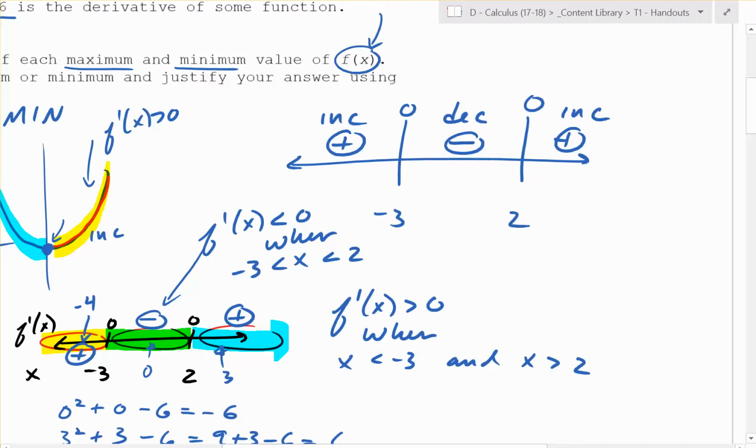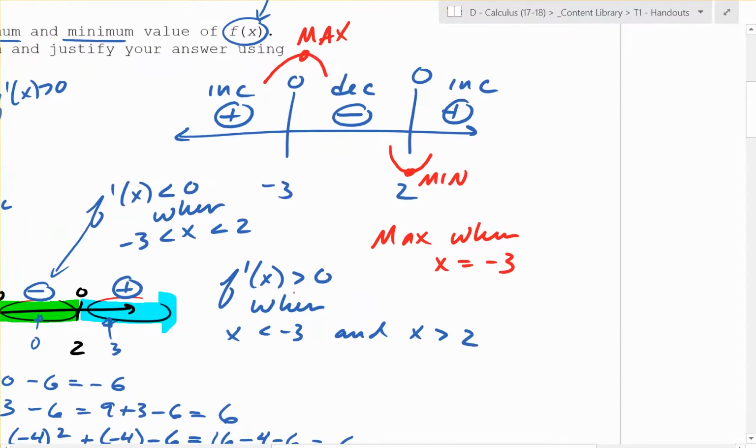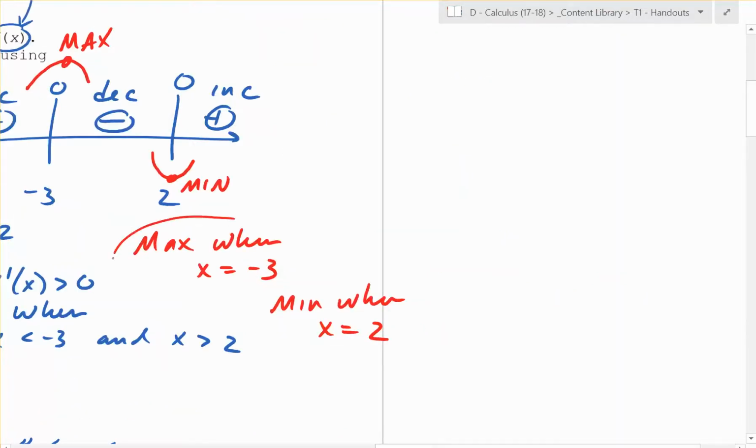So increasing to decreasing, what is that again? Increasing to decreasing means it's a max. Decreasing to increasing means it's a minimum. So we now know that there's a max when x is equal to negative 3, and there's a minimum when x is equal to 2. So we came to these conclusions